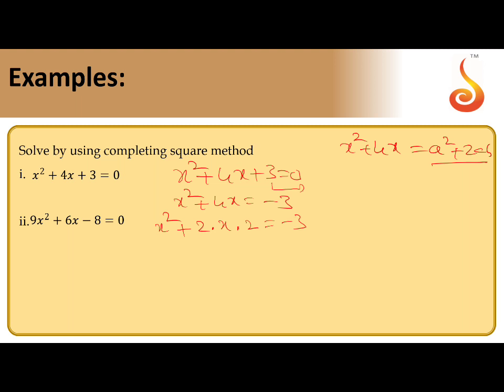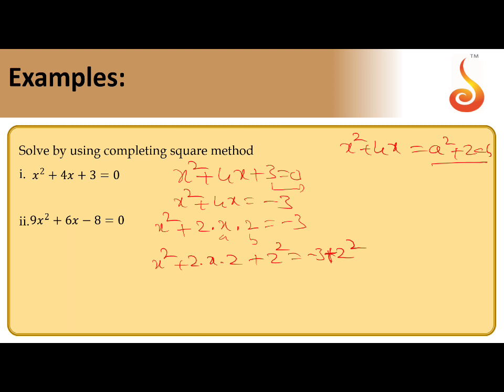I want to make a complete square on the left side. On the left side we have a square plus 2ab. If there is a b square, that gives a plus b whole square. So what is the b square value here? We already know 2ab, so b square here is 2 square. You can add 2 square on both sides. That means x square plus 2 into x into 2 plus 2 square on the left side. The same value you add on the right side so that the equation is balanced, and the value does not change.